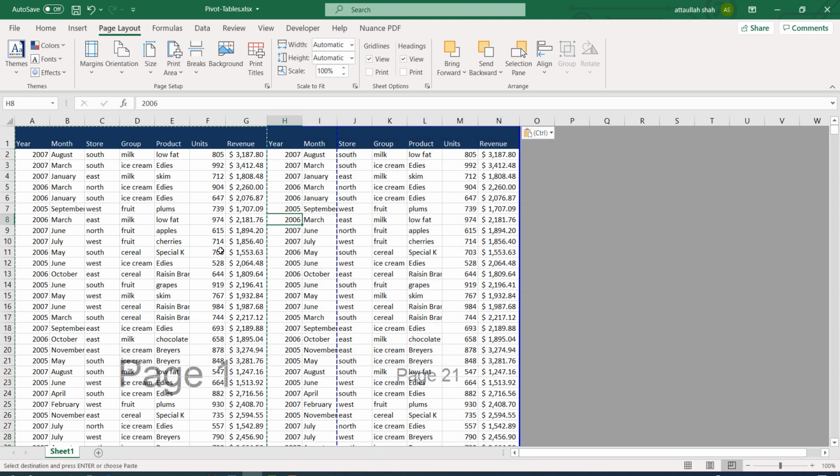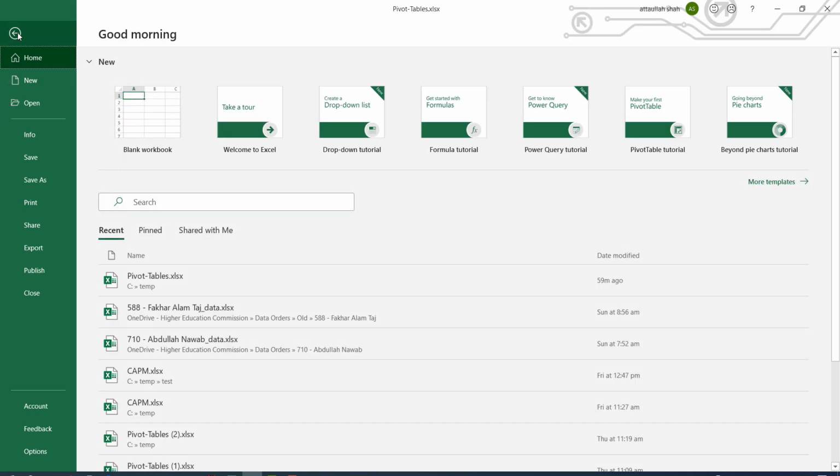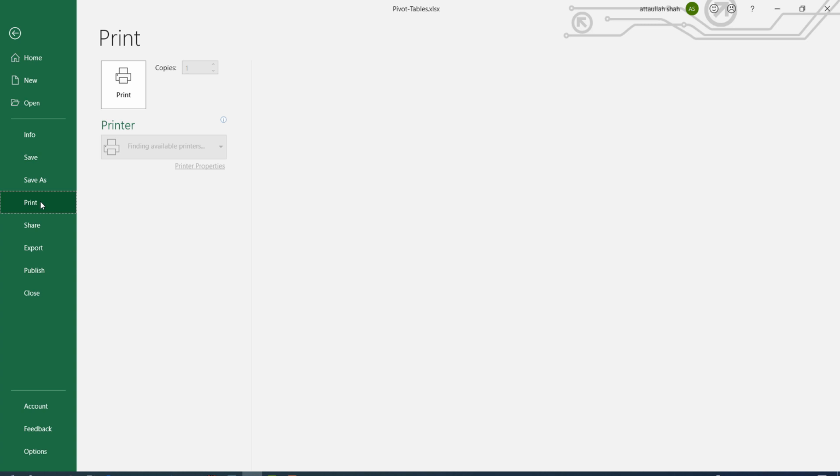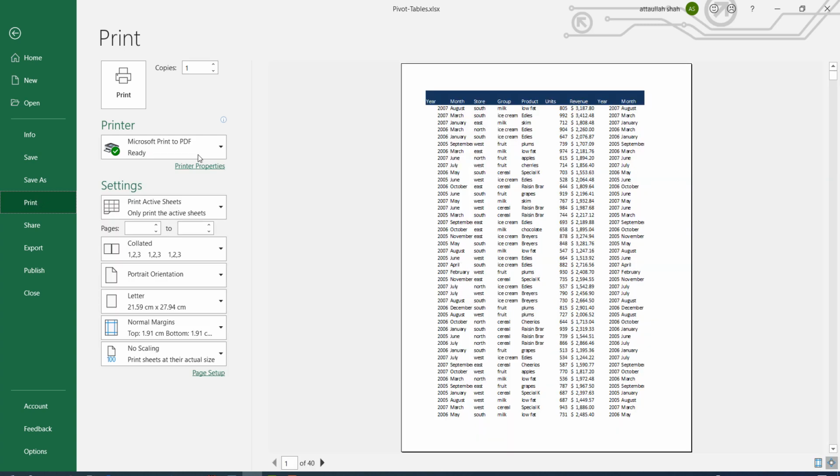So now we have lots of data, and if I go to print, I can print up to month but not beyond that, because we have limited space. The width of the page is limited. So what if we want to print all the available columns on the current specific page?